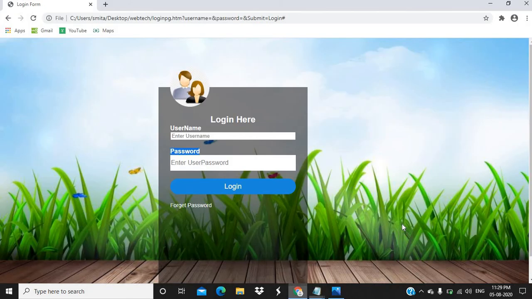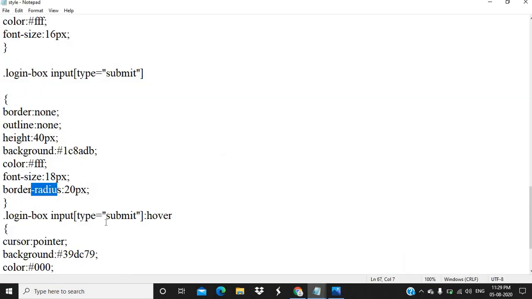Now over here I have given the special effect, that is the hover effect. As soon as I move my mouse pointer towards that button, it changes to two different colors, that is blue and green, pista color is coming. So this effect can be decided with the help of the hover effect.